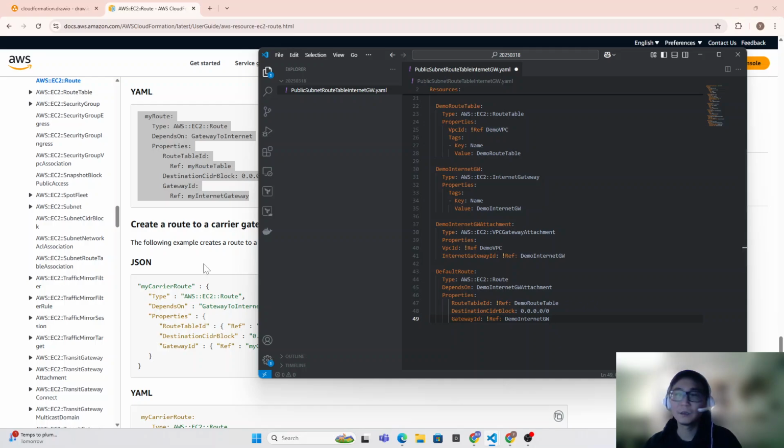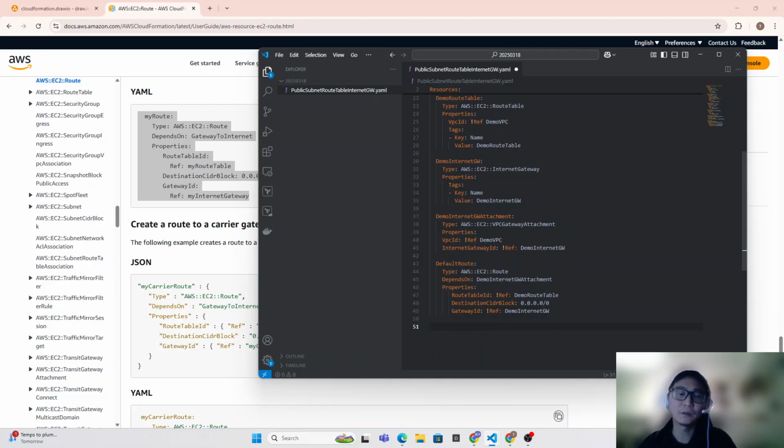Okay, the last step is we need to associate our public subnet into the route table. So I will call it demo public subnet route table associate,